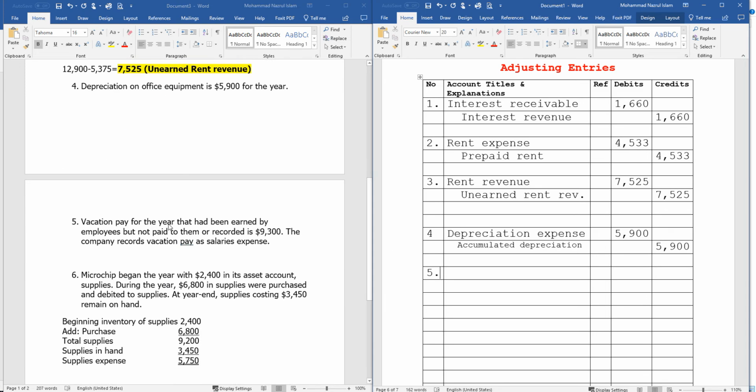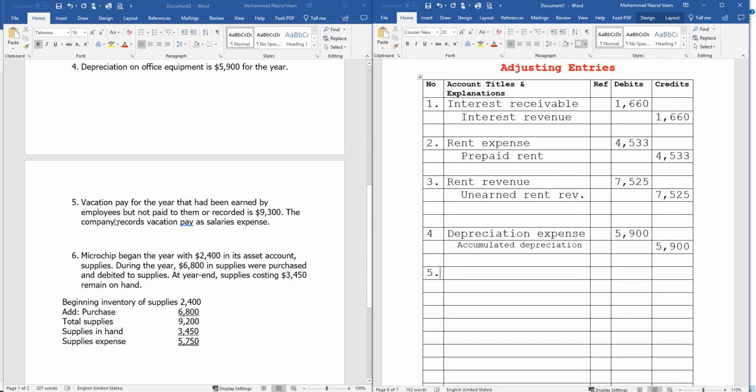And number 5, vacation pay for the year that had been earned by employees but not paid to them or recorded is 9,300. The company records vacation pay as salary expense. This is very simple actually. We have not yet paid, so we have an expense that is salaries expense debit 9,300, and salaries payable credit 9,300. Okay,